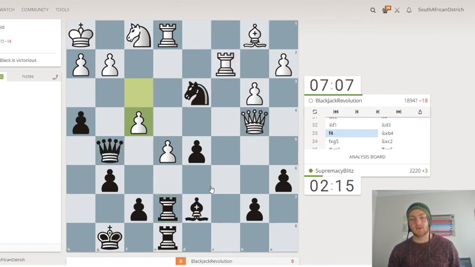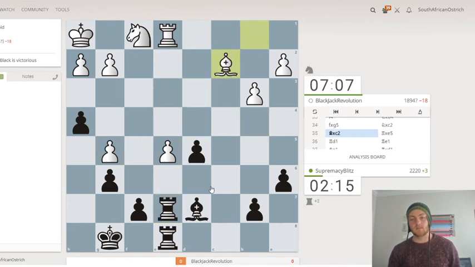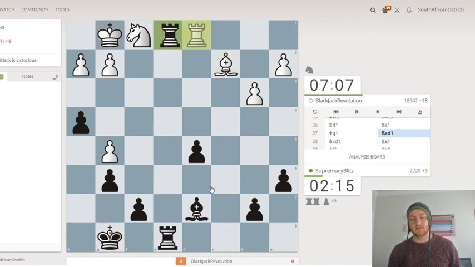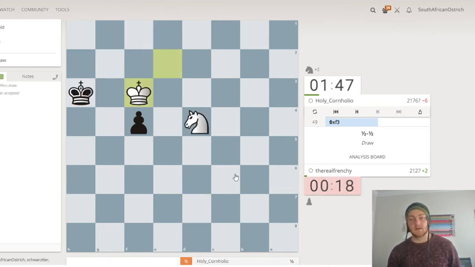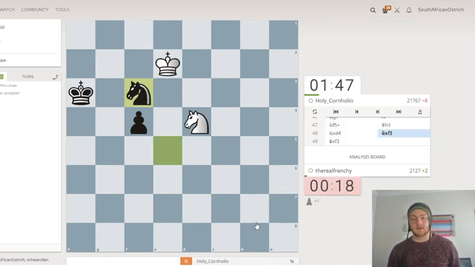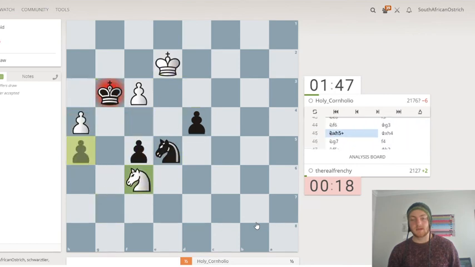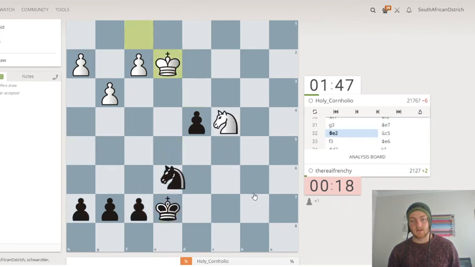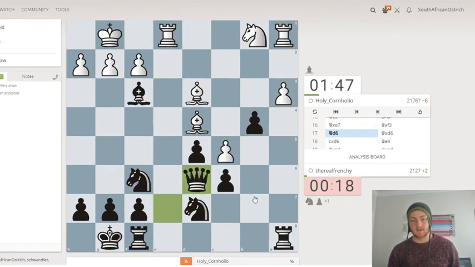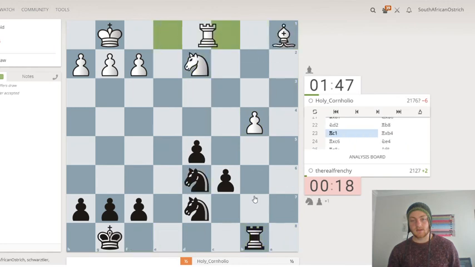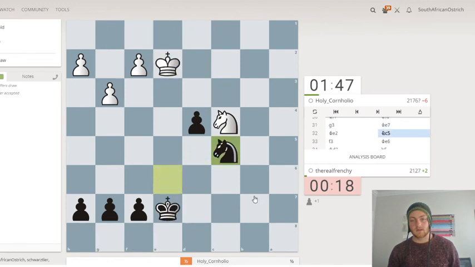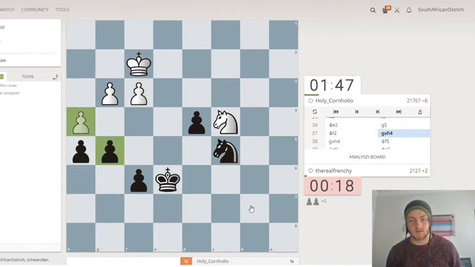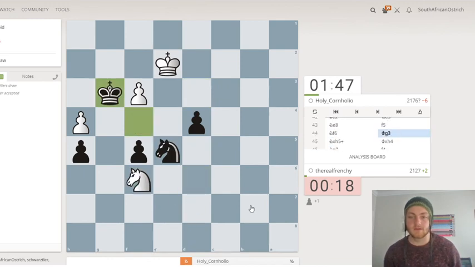Gave up the exchange somewhere. So it was like a tactical way of losing the exchange against Supremacy Blitz. Got pinned, losing another piece. A draw between Roberto Dabru and Roland Becerrinote. I don't know, the game didn't look too spicy. So they just traded, went for endgame, and neither of them made two. Well, Roberto had the extra pawn, but I think Roland's endgames have proven to be very good today